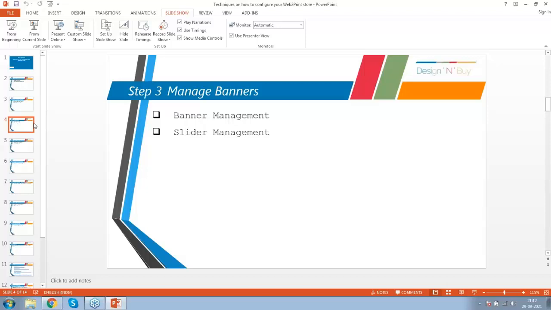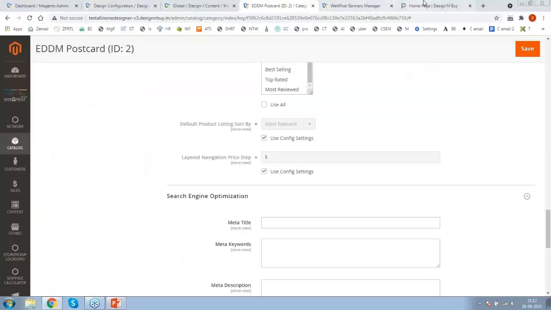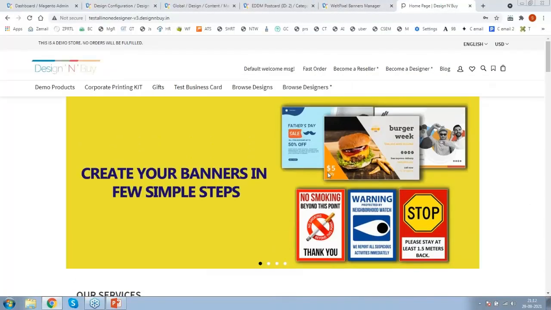we have banners and slider management. Now banner really plays an important and pivotal role because it showcases the website, the products, and your unique services. So maybe you can create a new banner for a specific promotion. Let's say you're introducing a new catalog, you're running a new promotion, new offer. All those promotions, all those offers which can attract your customers, you can display under the provision that is a banner. So banner management we can also manage.